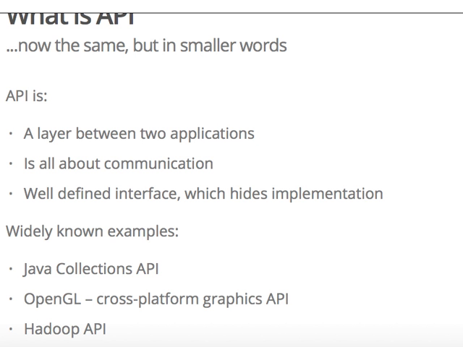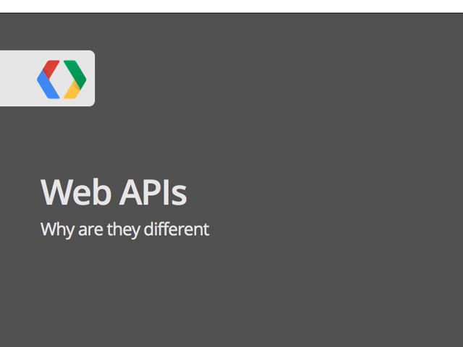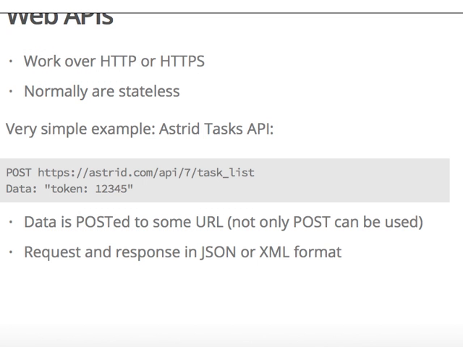But our topic today is not really just any API, it is web APIs. And why are they different? So let's start. The topic of web API is in some way even more controversial than just API, because you can think of web APIs as just something that works over internet, some form of API which works